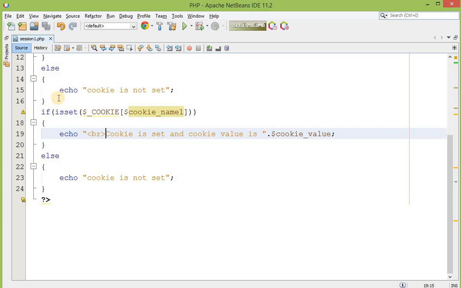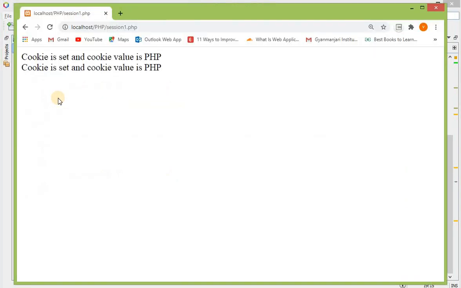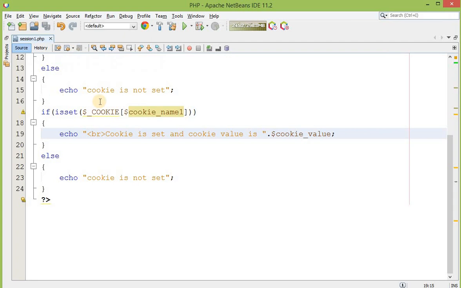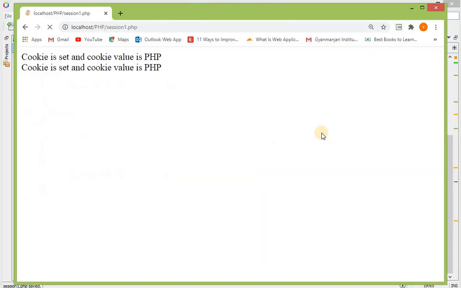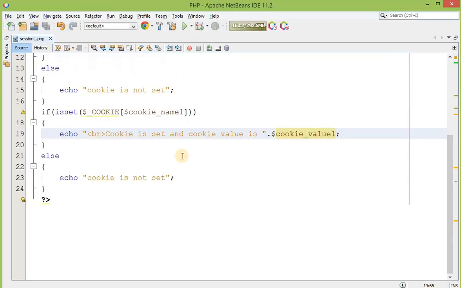You have to set cookies over here, but you should use them later on. Whenever I execute this the first time, obviously this cookie is not set. Whenever I execute this a second time, then it can fetch that yes, this cookie was set previously. That's why we are getting this message, and we need to set it once. Save. Okay, cookie is set and cookie value is PHP, and this one is Java.